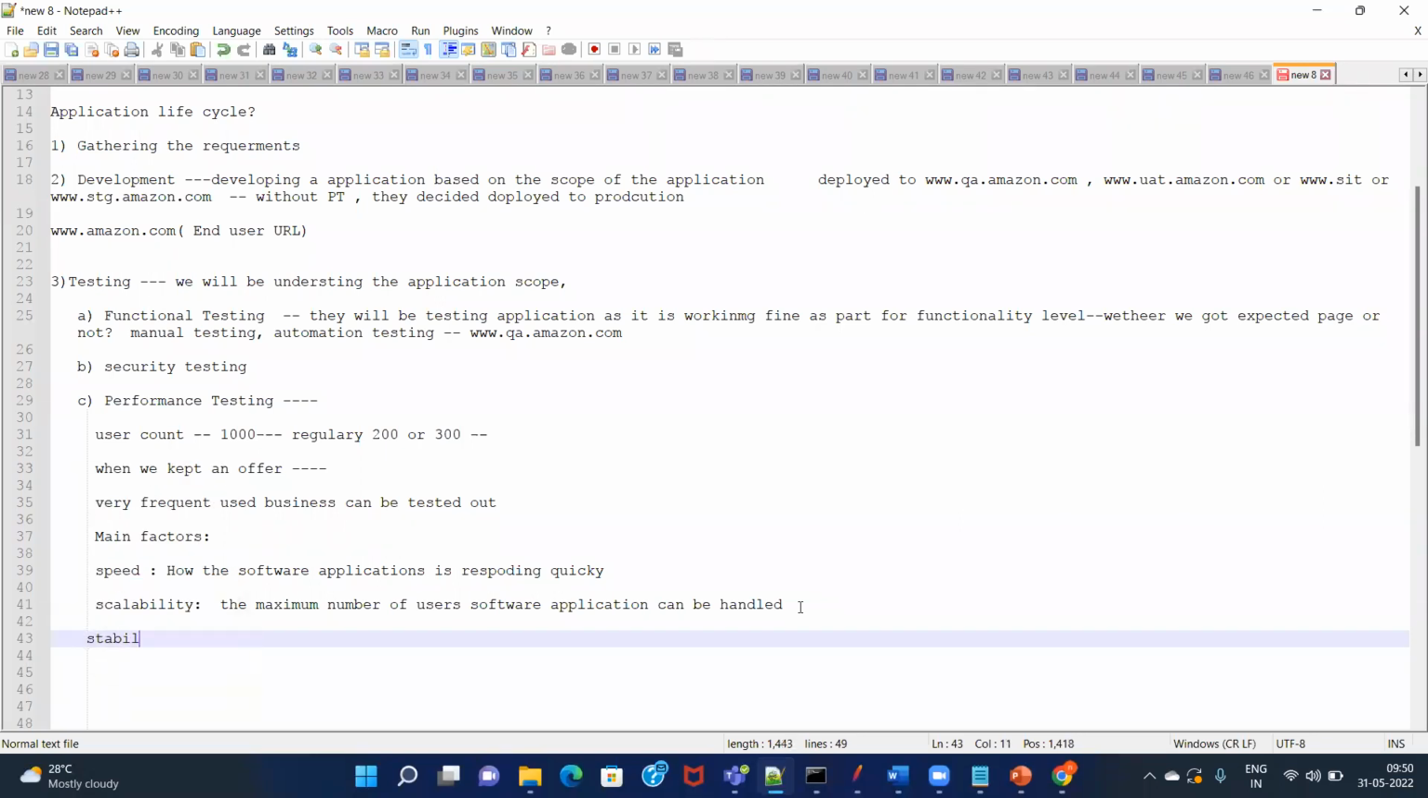Next is stability. What is stability in a general manner? Stability means constant, a desired number of users. Stability means the software application can sustain under different loads. What are different loads? Let's say, in a normal way,